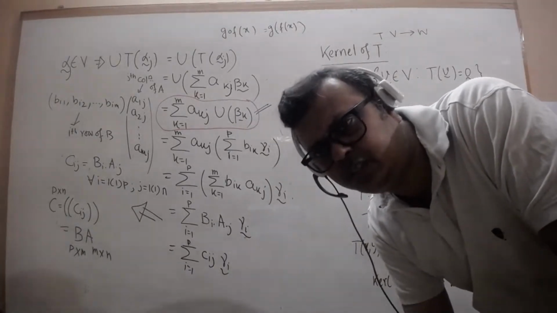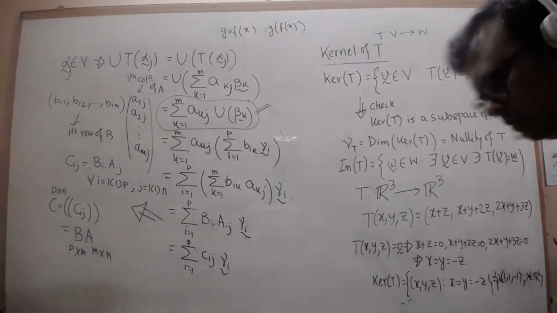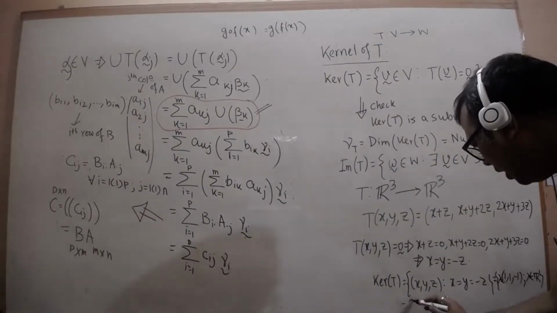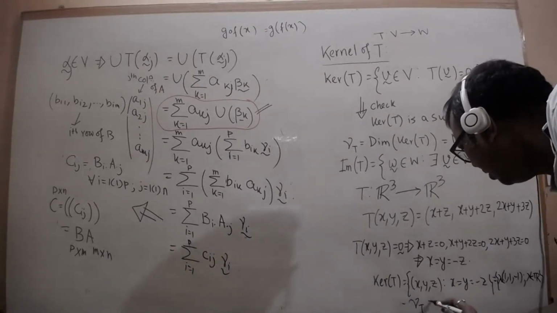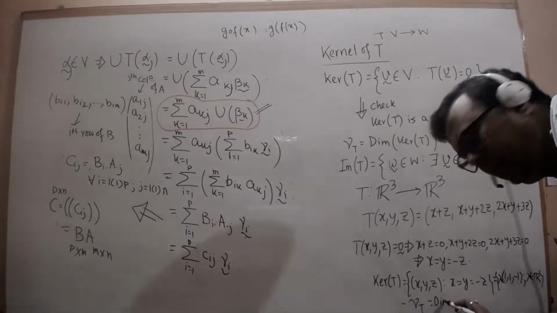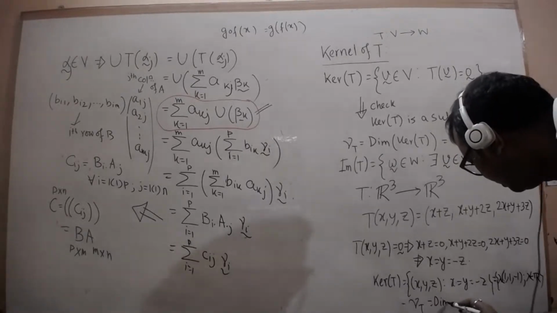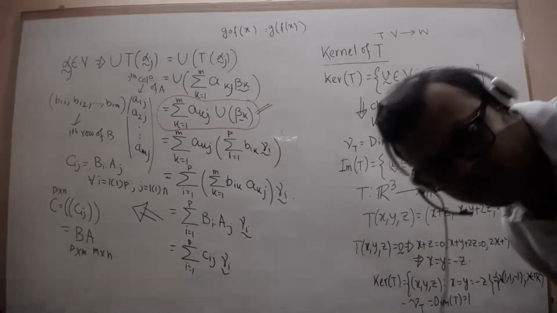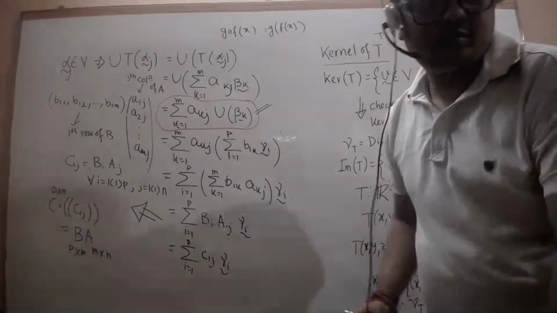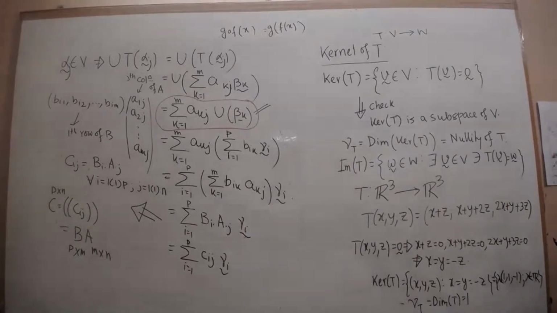Yes, Uncle, null space and kernel are the same thing. So gamma T, that is the dimension of the kernel of T here, is equal to 1. So now